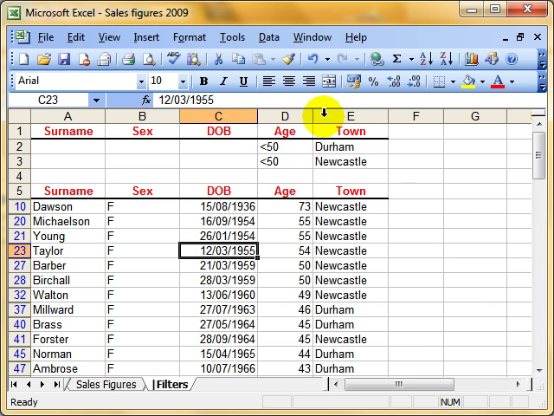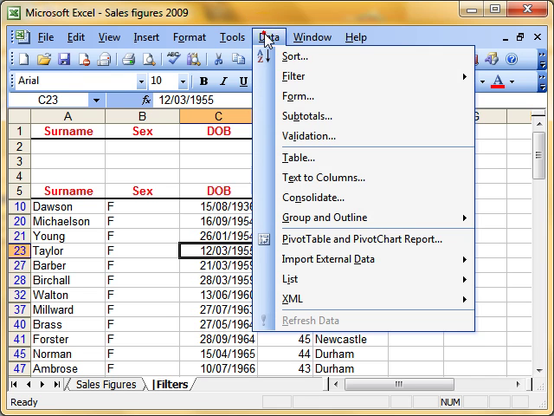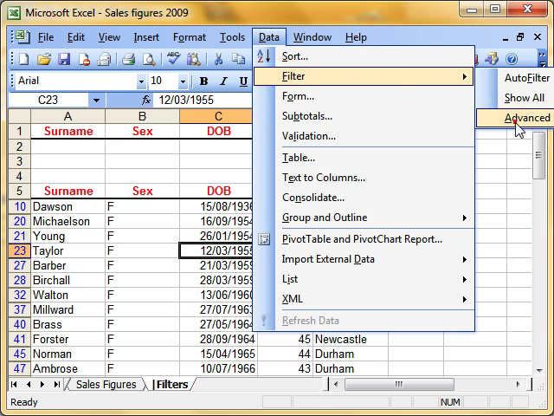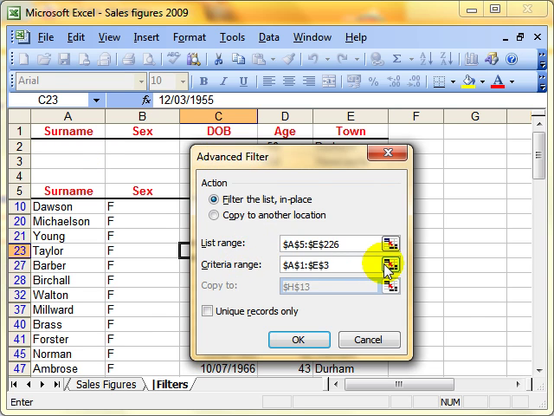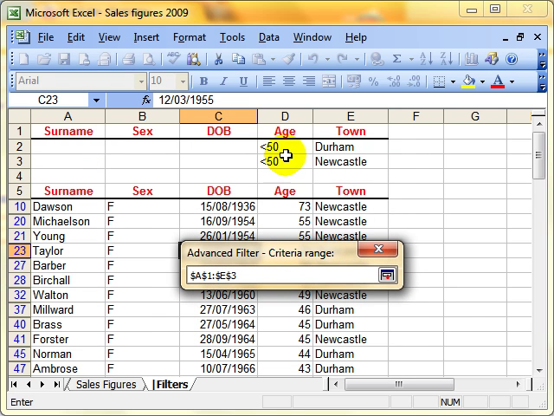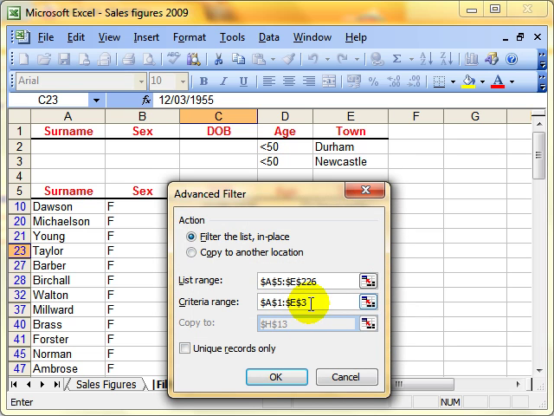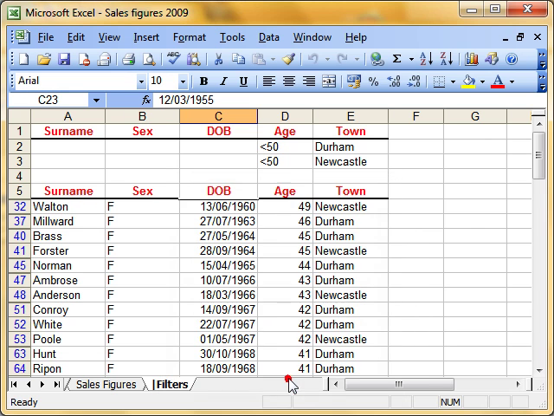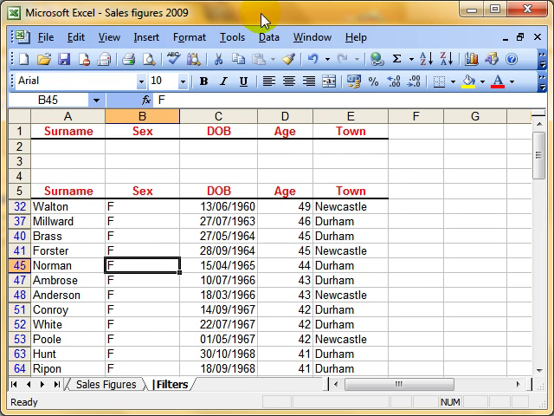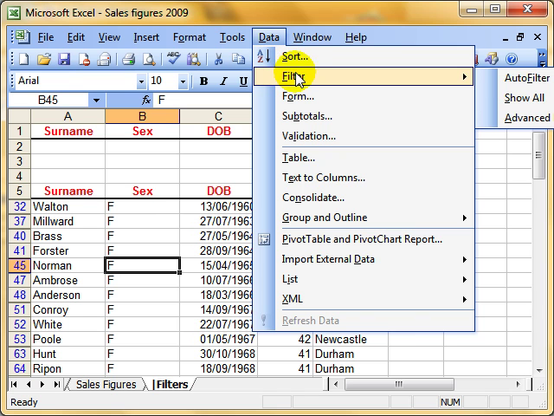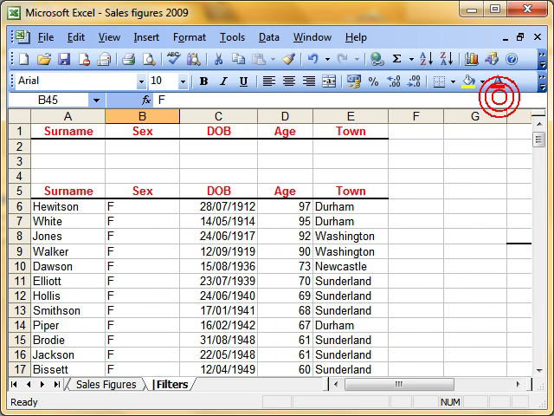Let's try it. Select the cell, data, filter, advanced filter, filter the list in place. Make sure you've picked up the correct data set, the criteria range. Make sure that you're picking up both sets, A1 to E3. Click on OK. And there we have only people who live in either Newcastle or Durham who are less than 50 years old. What you can also do on your data with select data, filter, show all, removes the filtering